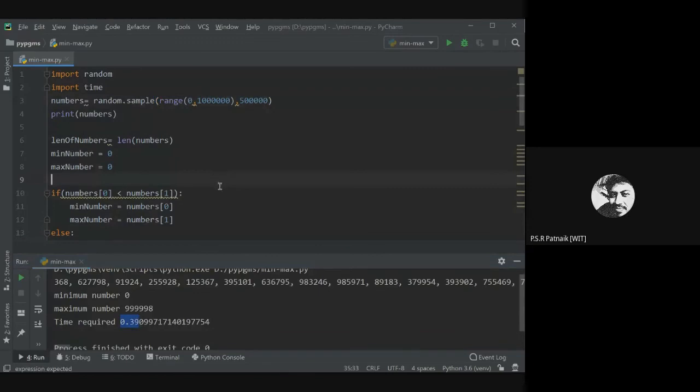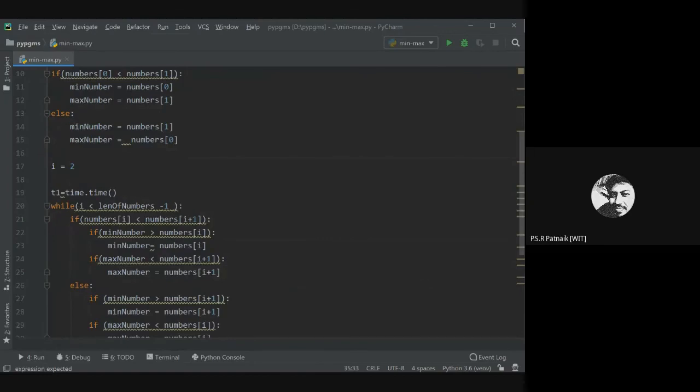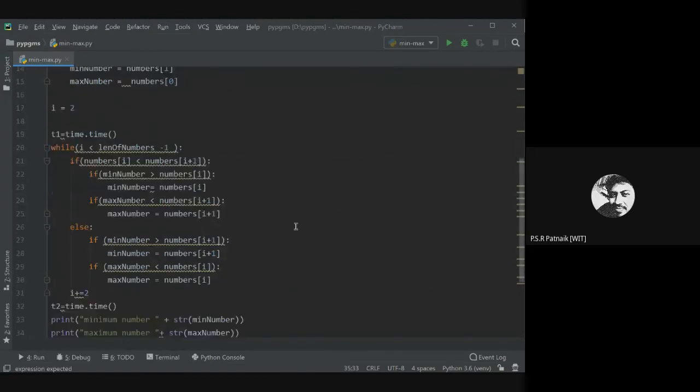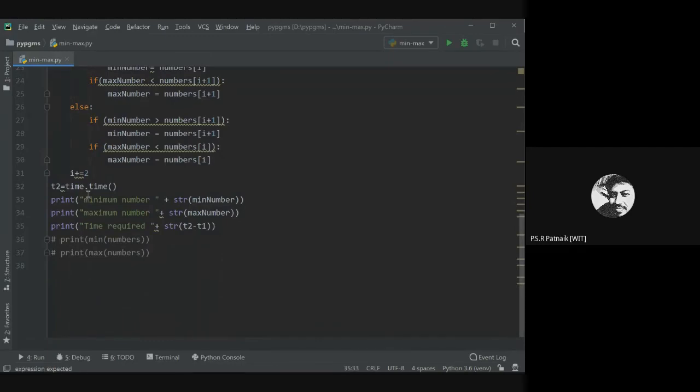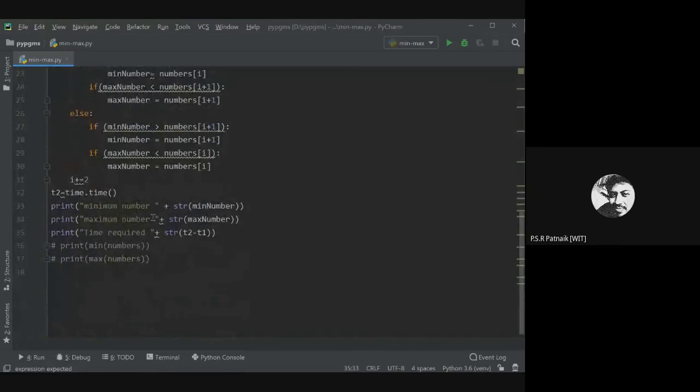What I ask you is, you can write a similar program for your linear 2n function, and just see what time you get there. Then report that time to me in our next lecture, coming Monday. We'll discuss whether that algorithm's time required is less, or this algorithm is taking more time. Some of you write the program and give it to me. I'll run your program and my program side by side, and let us compare what time you get for both programs. Or if you have understood this program, you can even do the same on your machine. So that's how we do it.